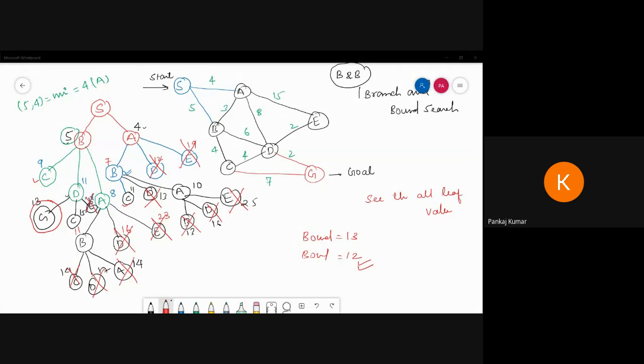And those who are left, again we have to explore and try to find the goal. Then again, suppose I'm getting the goal of 13 the first time. Again, I'm getting the goal 10. So again the set bound is 12, 10. Then again searching the remaining data and again discarding everything. If there are no nodes present and nothing left to discard, then our answer is the last bound. Suppose my answer is 10. So that is my optimal solution.